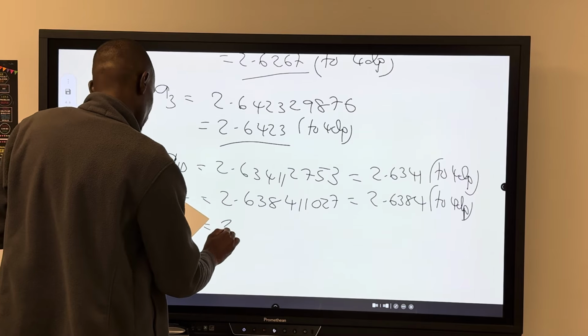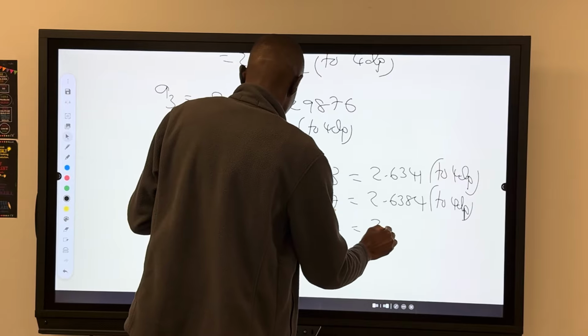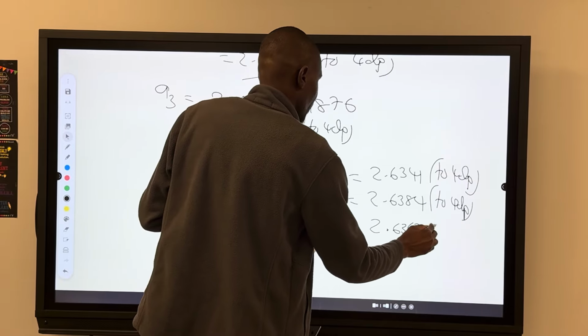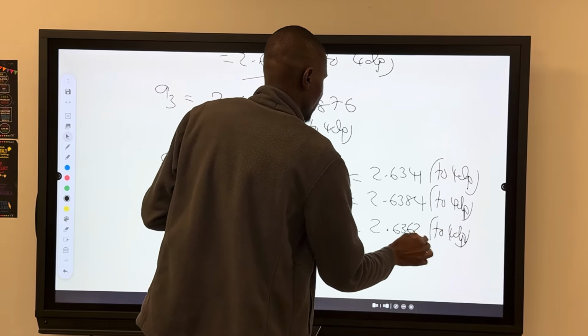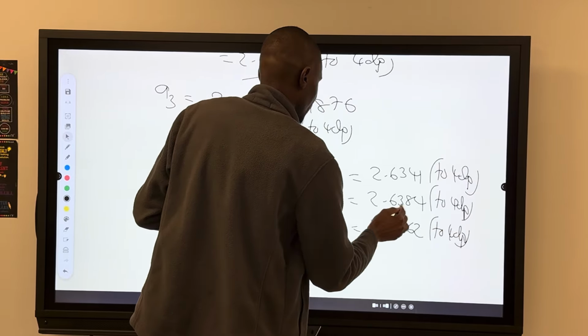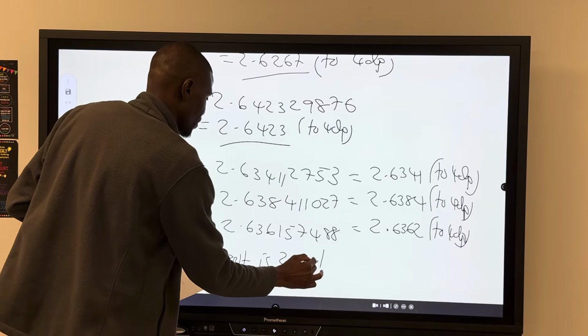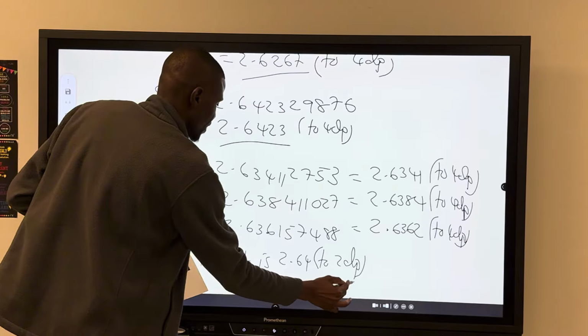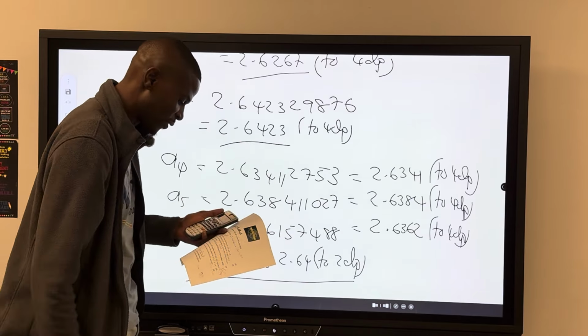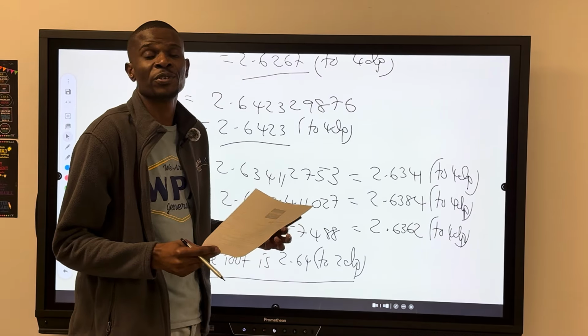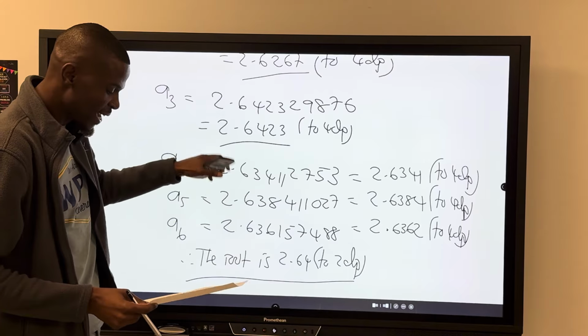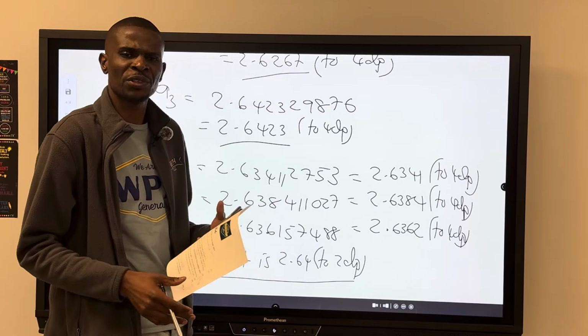Let's see A6. It's 2.636157488. Okay, so I think we are done here. To 4 decimal places it's okay, but to 2 decimal places this is 2.64, 2.64. So therefore, the root is 2.64 to 2 decimal places. And as you can see, it is within that range, between 2.4 and 2.8. So guys, we are done with the June 2022